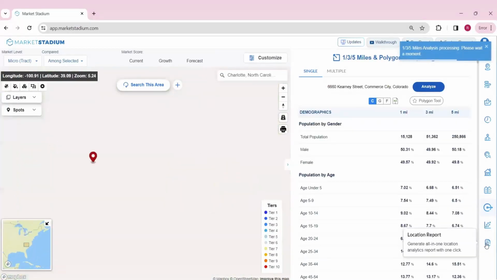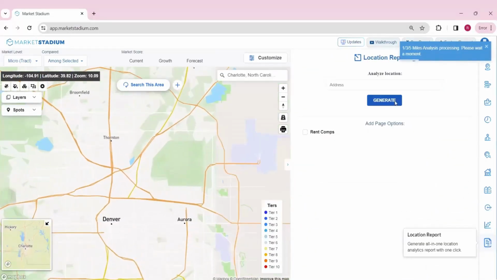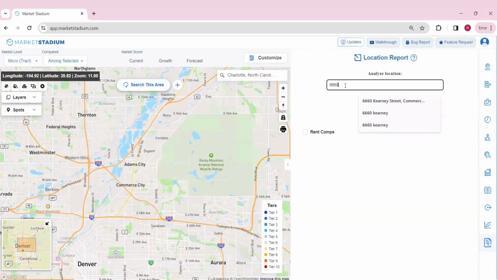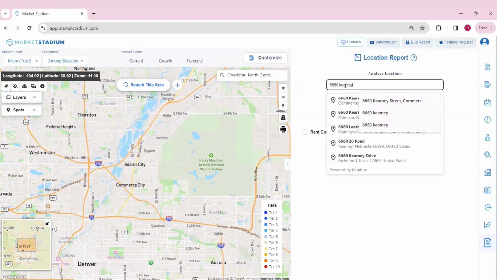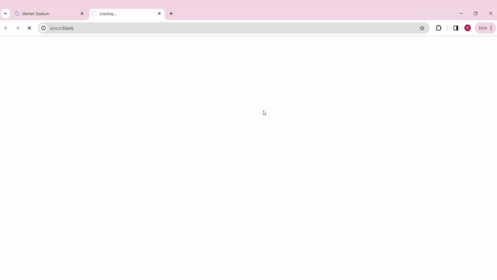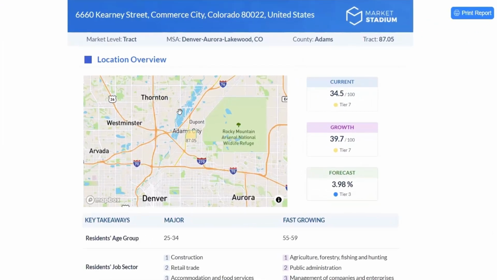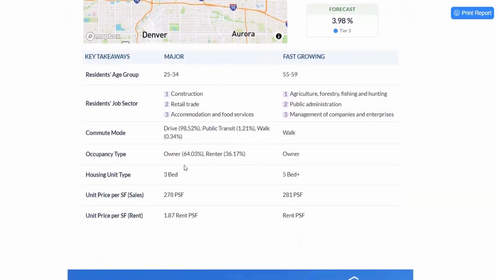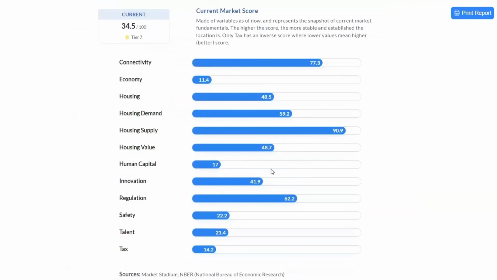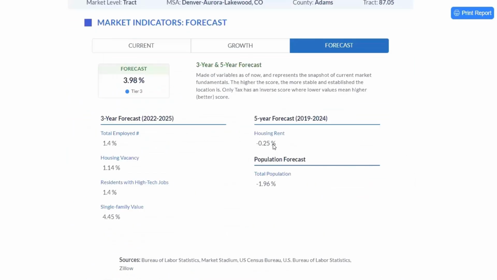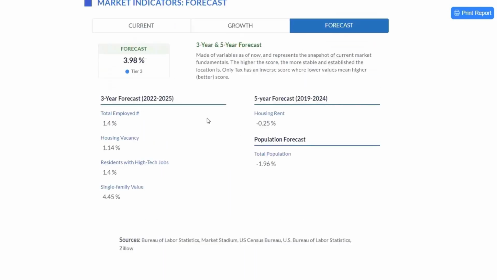And the last thing I wanted to share is the location report, the one-click location report. All you need to do, again, is plug in a specific address. You generate, and that's all you need to do. About the specific census tract, we're going to show you the key score summary, a snapshot of the market, a summary of the market, score details, how the market looks, what the strengths and weaknesses of the market are, forecast,